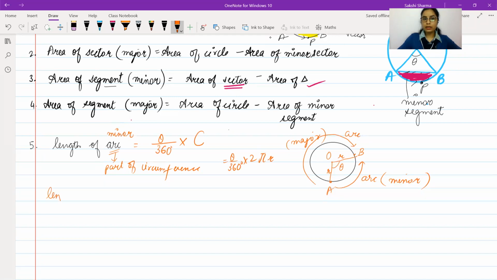And if you have to find out the length of the major arc, can anyone tell me how we would find that out? Total circumference minus